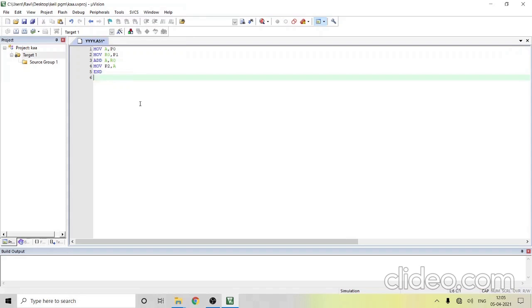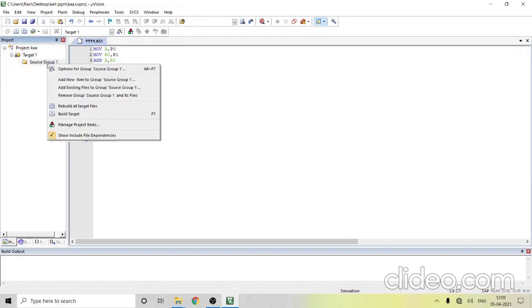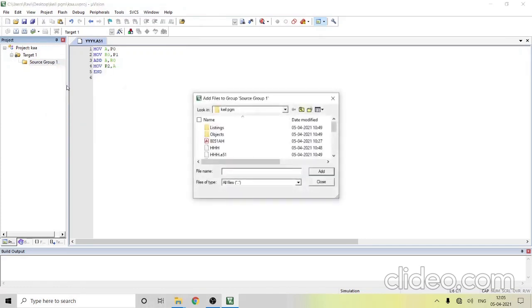After this, save it. Right click the Source Group. Select Add Existing Files to Group. After selecting this, a pop-up window will open. In the pop-up window, select the program. My program is yyyy.a51. In case it is not showing your file, remember the file type.